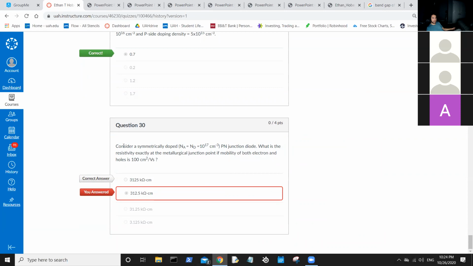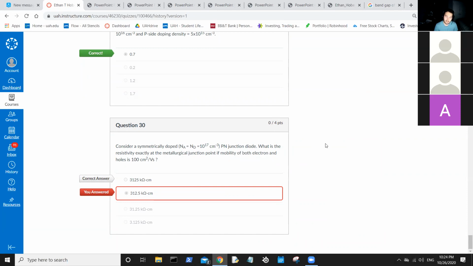All right, this is the last question. Oh, we already did this. I forgot. We already did this. I'll go over it one more time since we did talk about it. Consider a symmetrically doped PN junction diode where N_A and N_D are equal to 10 to the 17th. What is the resistivity exactly at the metallurgical junction point if mobility of both electrons and holes is equal to